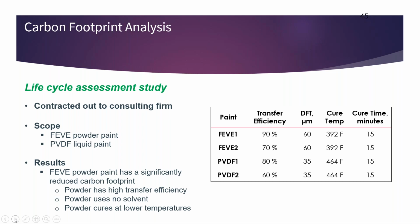And so you can see here in the chart, we not only looked at the cure temperature, which I mentioned before, and you can see that gradient there, but also the transfer efficiency. And so with reclaim versus not with reclaim, so that 90% is when you reclaim the powder and the 70% is when you don't. And that's versus 80 and 60 with the PVDF. And that can be debated, I'm sure, all day long. But generally, the transfer efficiency is going to be a little bit higher inherently on powder versus liquid. So if you move over,